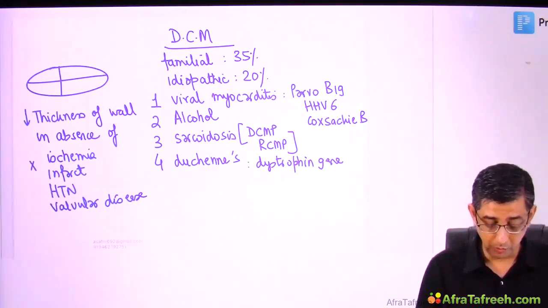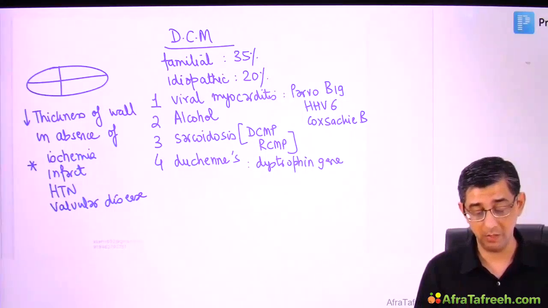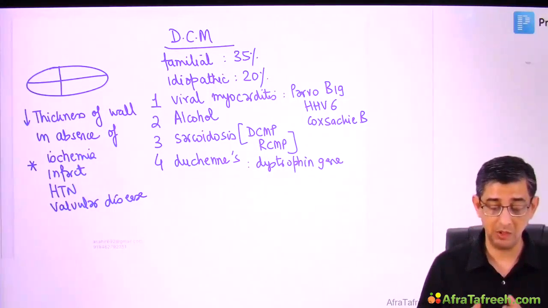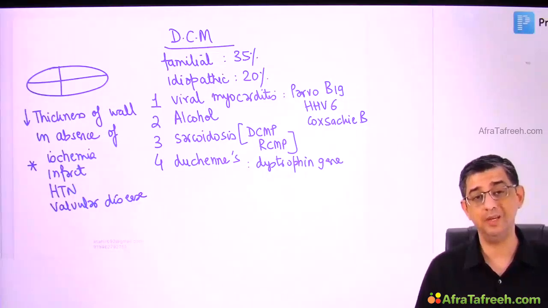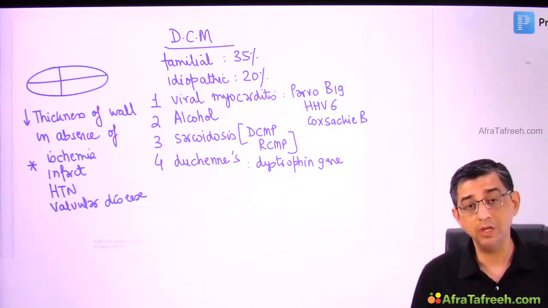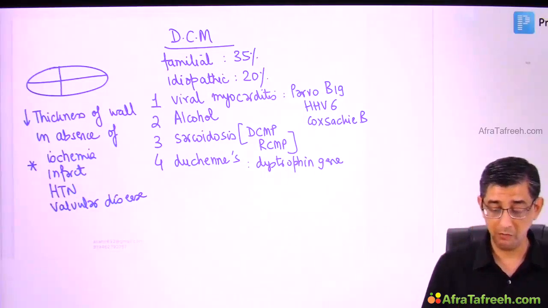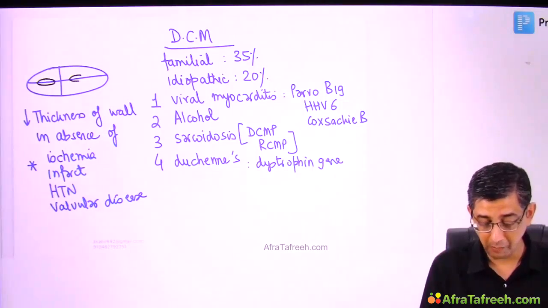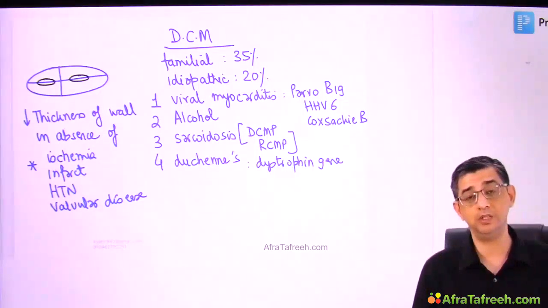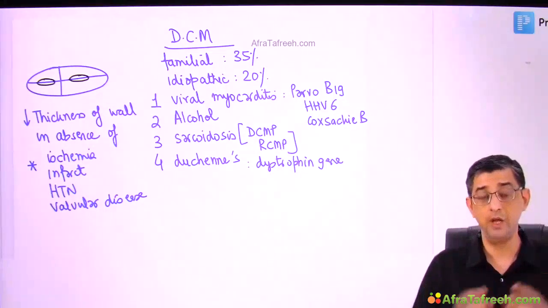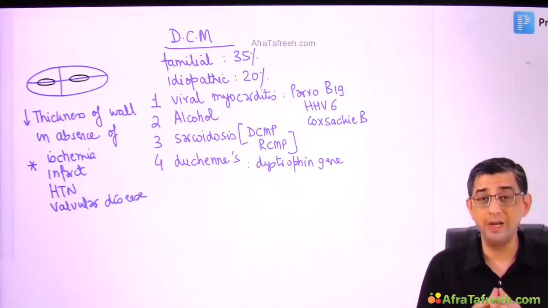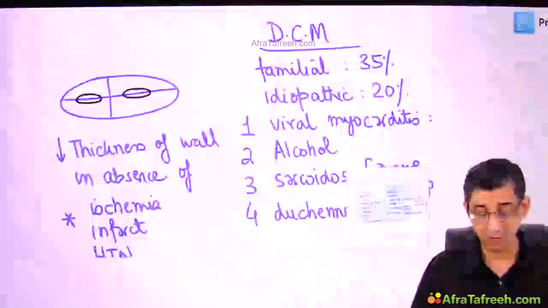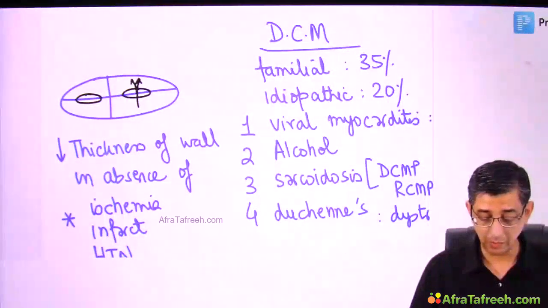If you rule out the common causes because of which the heart wall is damaged, then subsequently, because the thickness of the wall of the heart will be substantially less in this case, that is when we're going to think in terms of DCM as a problem. And one of the problems very commonly encountered in these patients is functional mitral regurgitation and tricuspid regurgitation because the valves will become dilated. Because these valves become relatively dilated, there's a functional TR or MR, so a pansystolic murmur can be described,